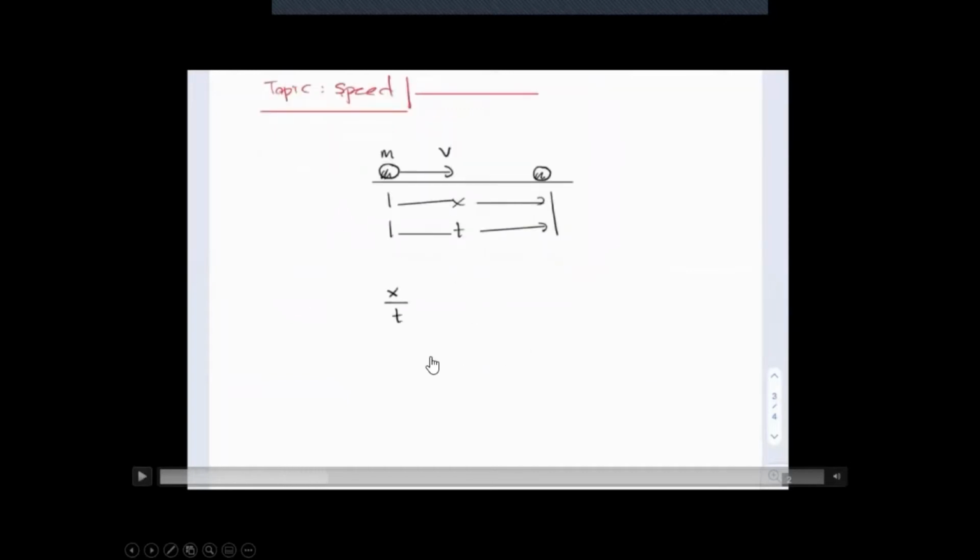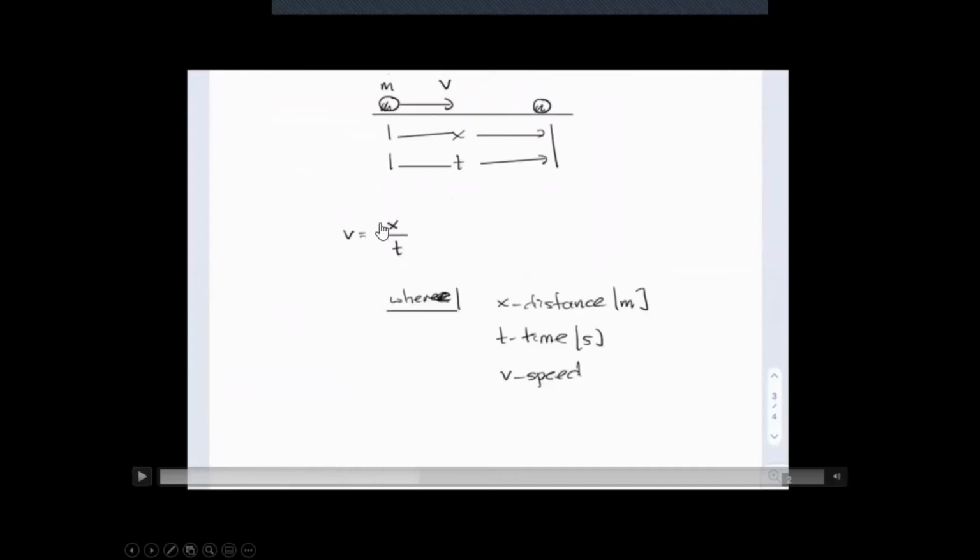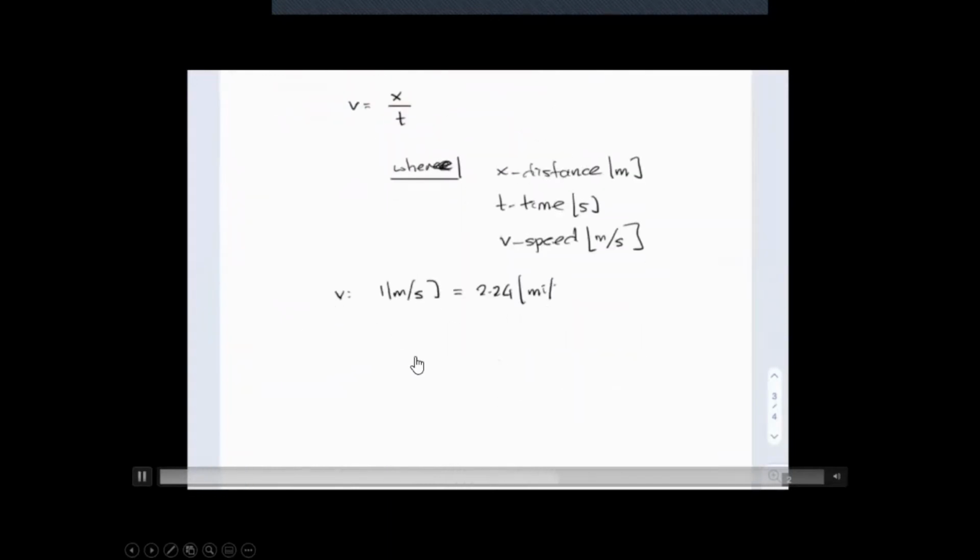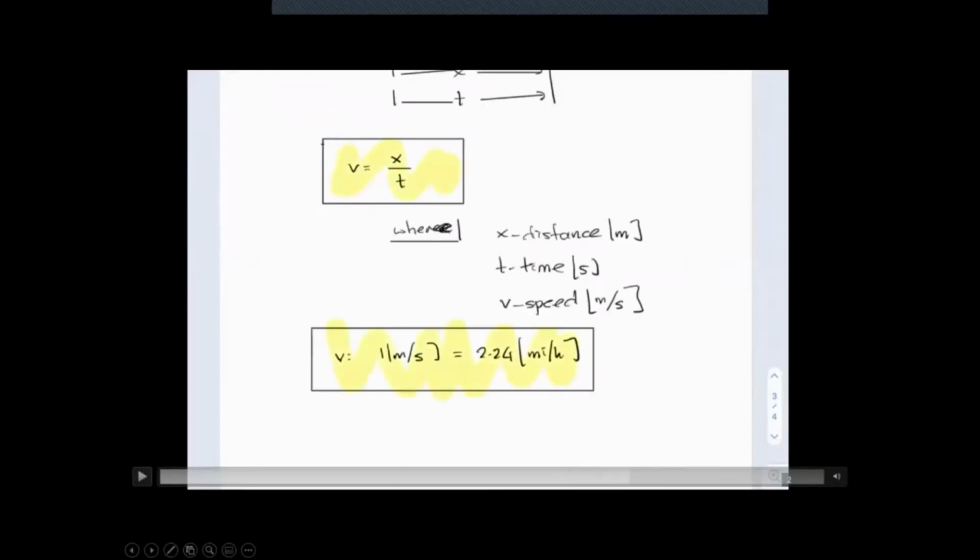All right, so we came up with our basic symbols. Speed is directly proportional to distance and inversely proportional to time. Instead of using S, we use V because this is going to turn into velocity at some point. Distance is in meters, time is in seconds, so speed is in meters per second. In the United States, we use the British unit system, so things will need to get converted to numbers that we understand.